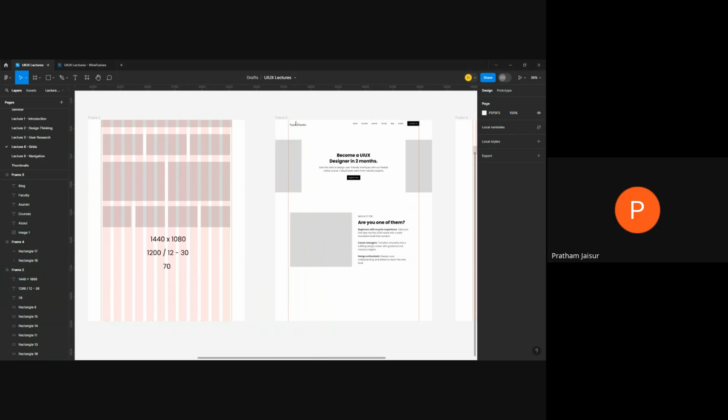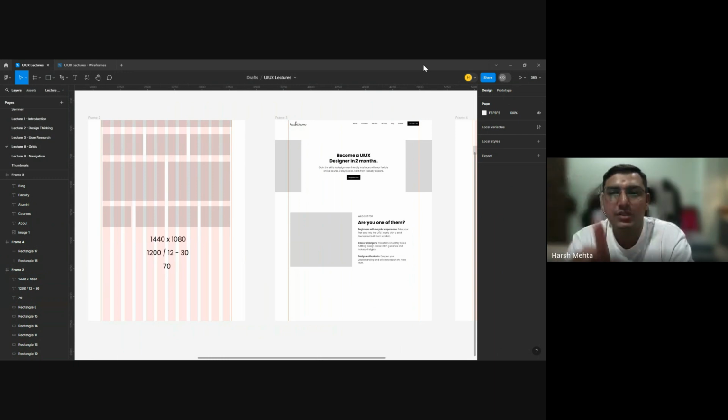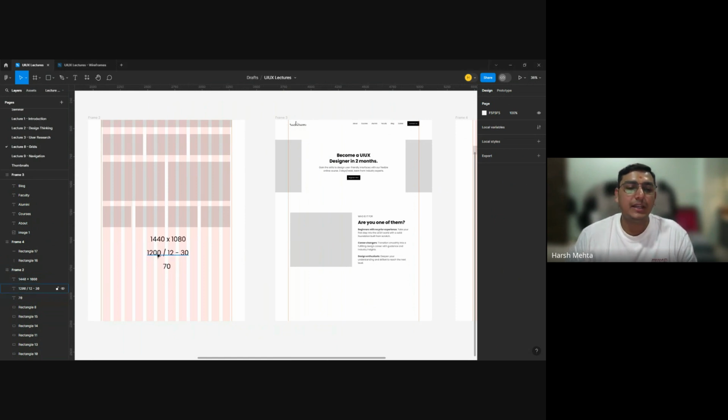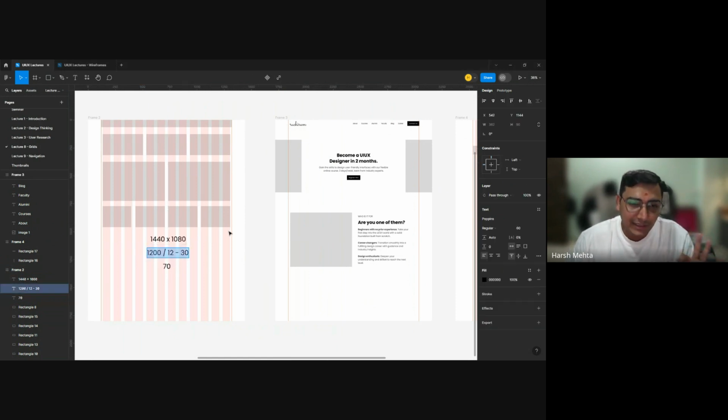Sir, my question was left a little bit. Can I ask? One second, sorry. Yes, Pratham, right? So sir, in this 1200 is always fixed, number of columns is also always fixed, so the gutter space can be changed, right? No, gutter space cannot be changed. You can change the grid once, like I told you, right, that in Bootstrap it is not 1200. If I have to follow exactly like Bootstrap,